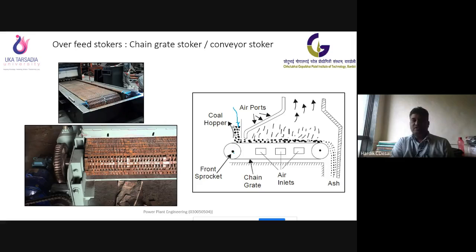You can see there are two rollers, two shafts over here on which these sprockets are being mounted. These sprockets and the shaft are moved with the help of electric motor or any kind of prime mover at the speed required for this complete combustion process. So let us assume that this is the movement for this particular arrangement from left to right. We will have this coal from the coal hopper.